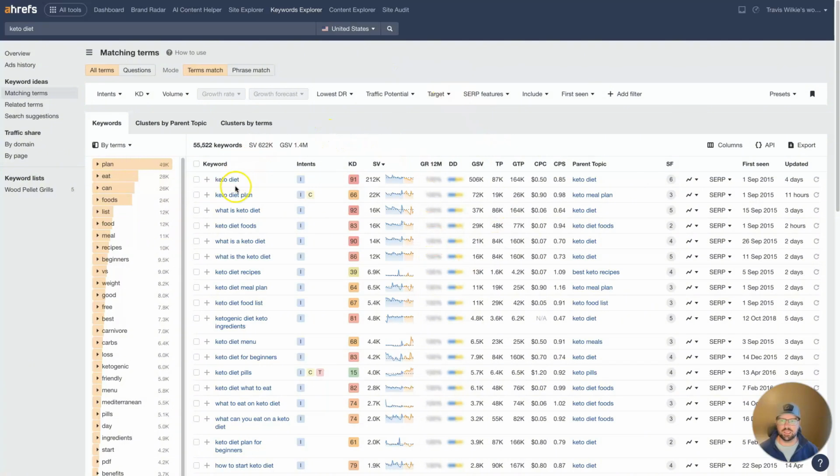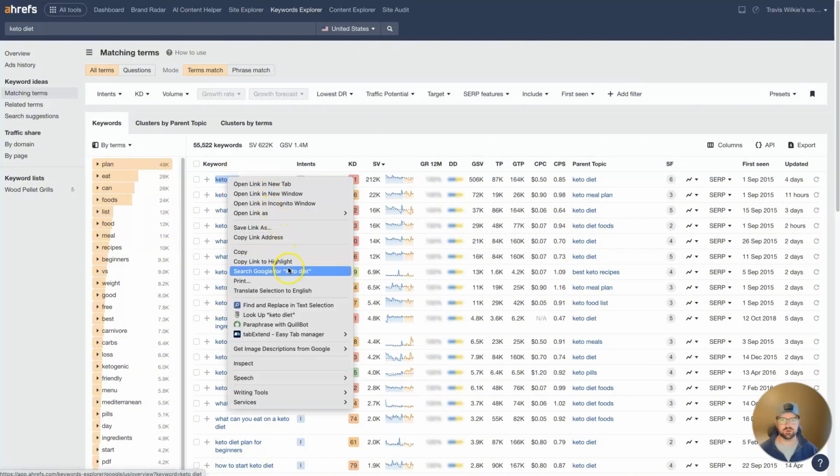Now, when we look at keto diet, there's a keyword difficulty of 91. And the keyword difficulty, it's basically giving us an estimate of how hard it is to rank at the top of Google for this keyword. And it's a scale from basically 1 to 100, 100 being the most difficult. This one is 91. And so it's going to be quite difficult to rank our website for the term keto